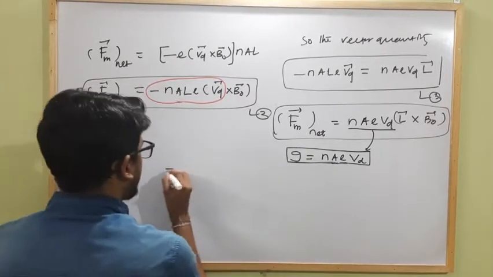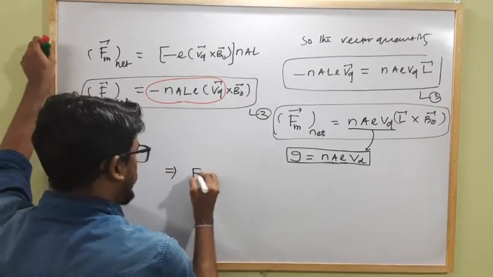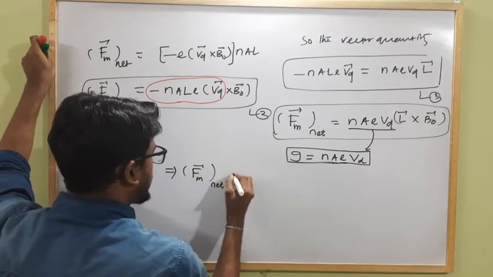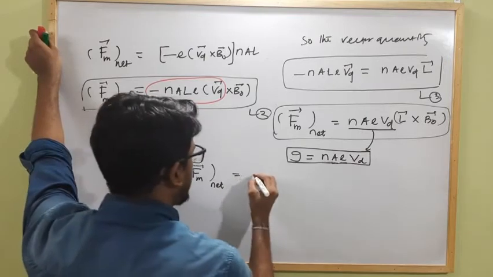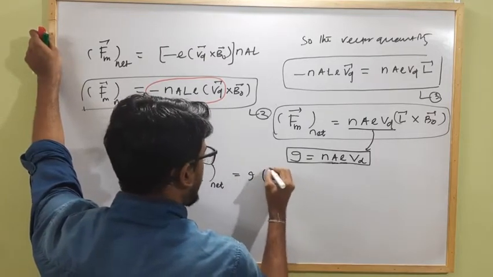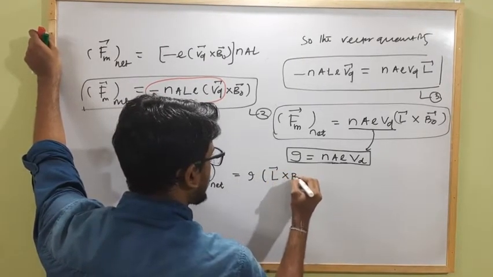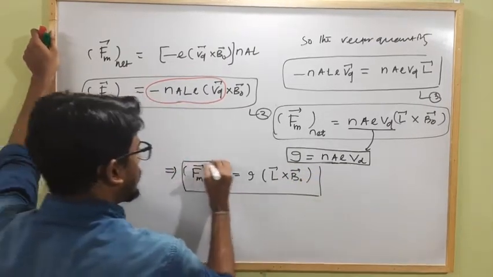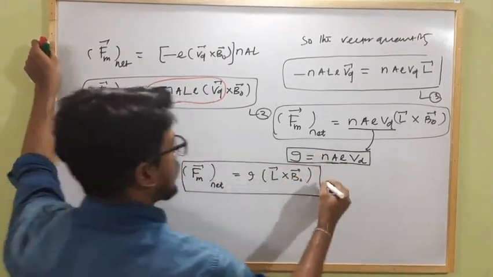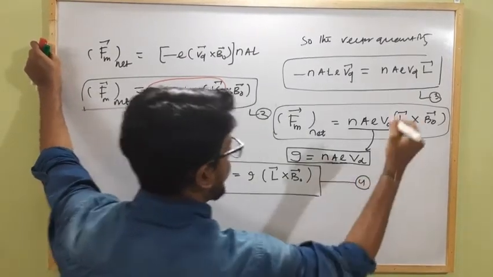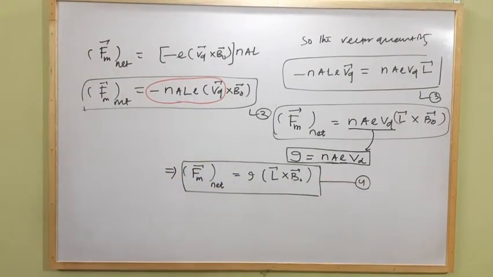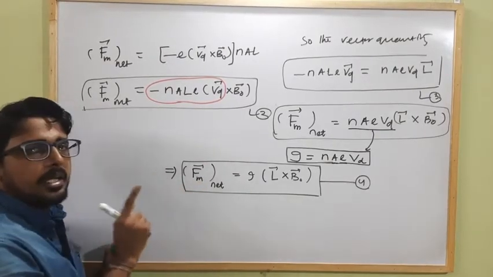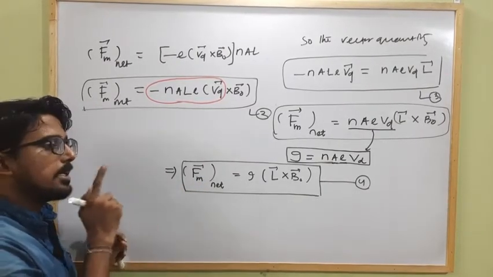This implies the net magnetic force acting on a current carrying conductor placed in a uniform magnetic field is I (L cross B) vector. Okay, so this is the expression, let it be equation 4. This is the expression for the net magnetic force experienced by a current carrying conductor which is placed in a uniform